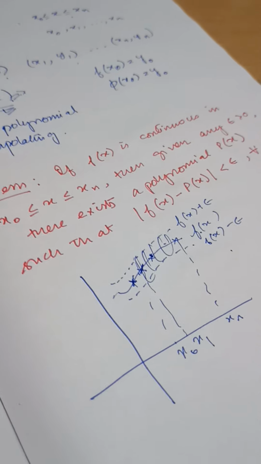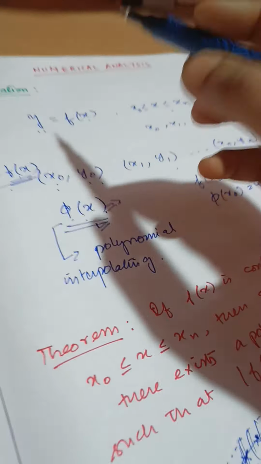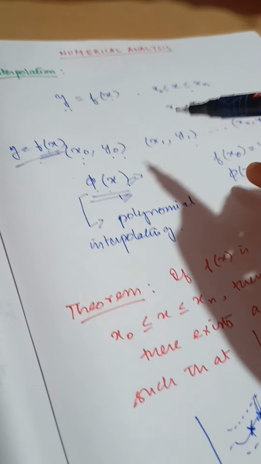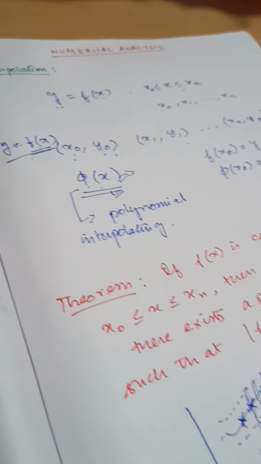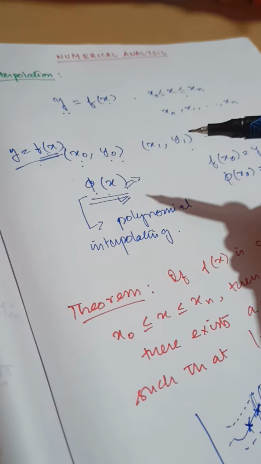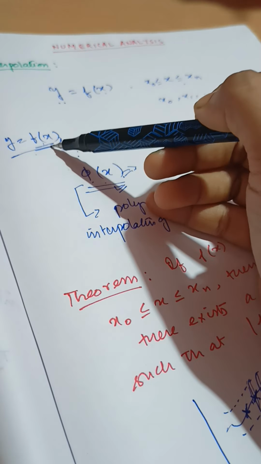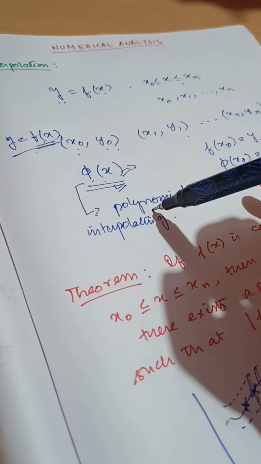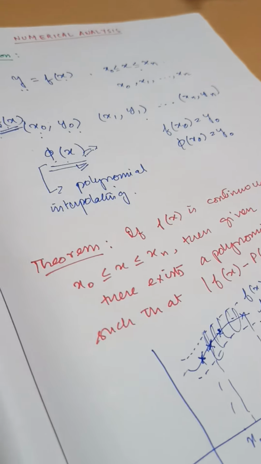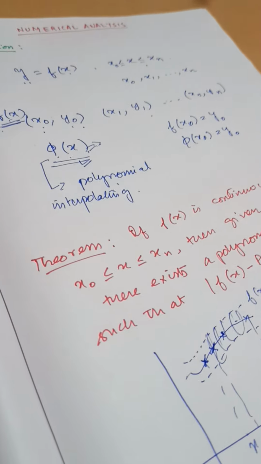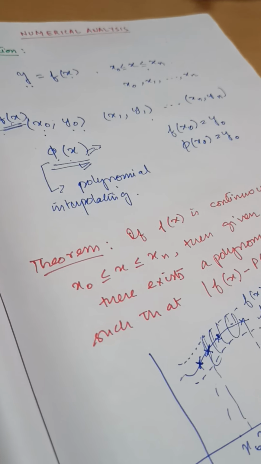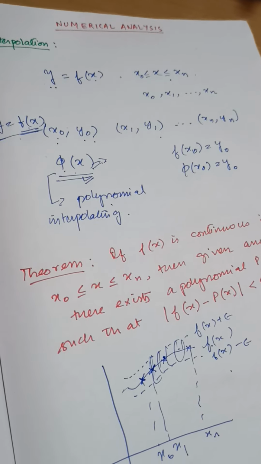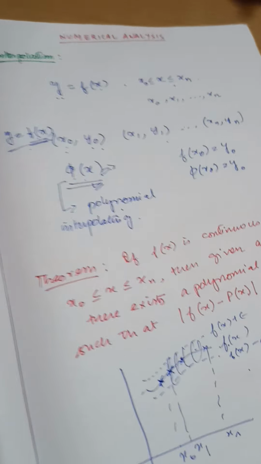So from this we can say that for any function f(x), we don't know the function, we are given a few corresponding values of x for that function, then we can consider a polynomial which is nearby to this function. We can estimate this function by a polynomial. Yes, error will obviously arise, but this is the proper process of polynomial interpolation. So this was a brief idea on what interpolation is.